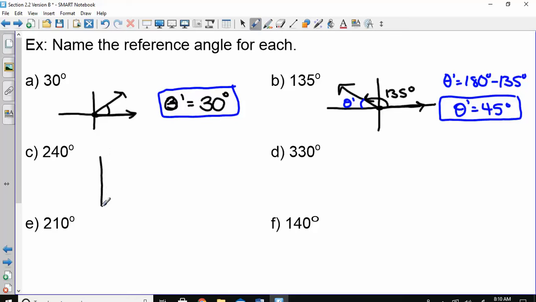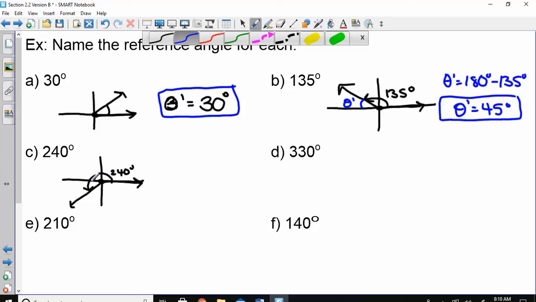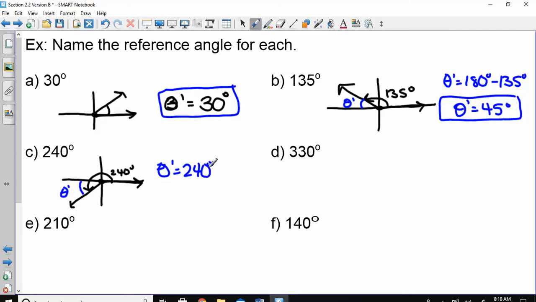So it'll be some number between 0 and 90 every time. C, 240. So 240 degrees would be in what quadrant? Third. So this whole thing is 240. What we are interested in, reference angle is just the distance to the x-axis. So what do we have to do? From here to here is 180, right? So if I subtracted off that 180, then it would be 60 degrees. So here is 180, then to keep going down here, you'd have to have an additional 60